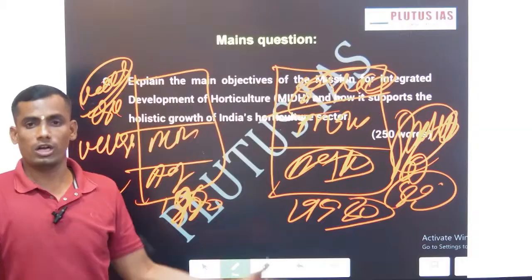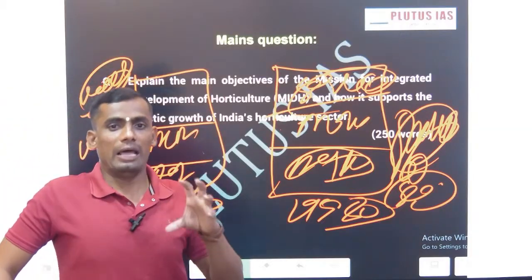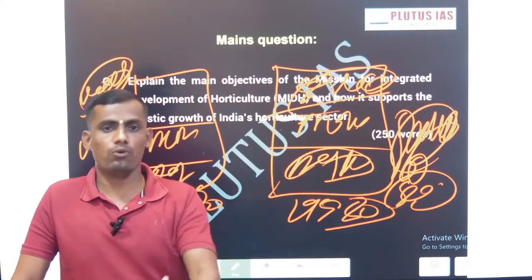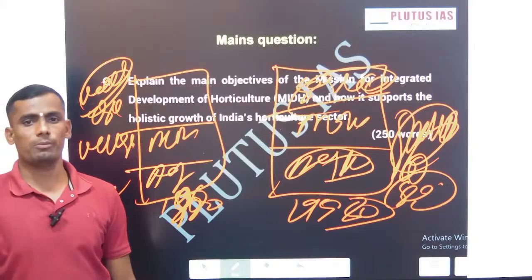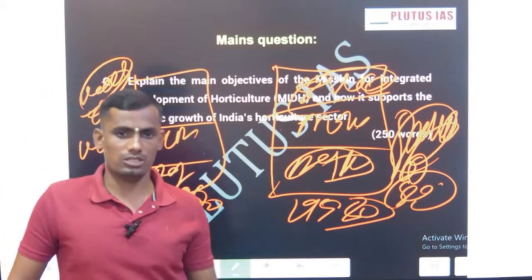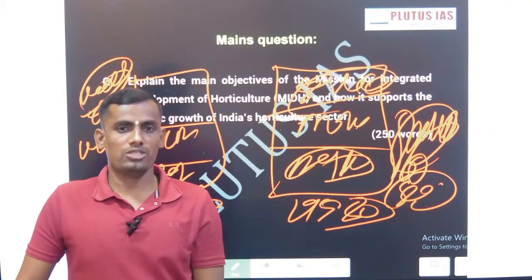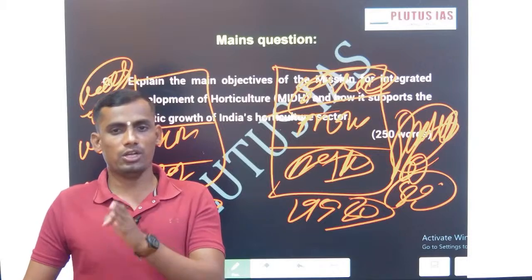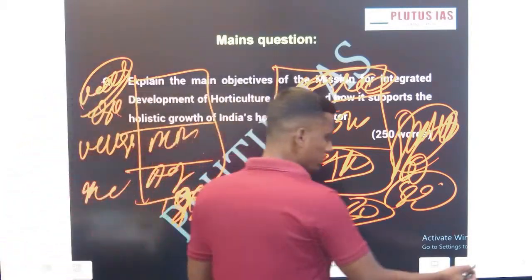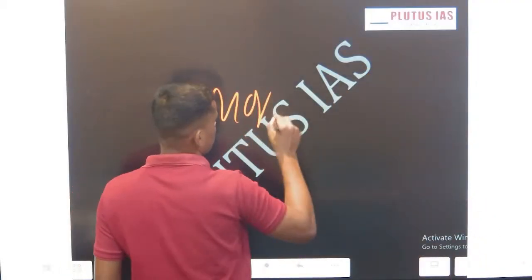So now the government of India, in the last 1 or 2 decades, has been focusing on repairing this manufacturing sector. In this domain, we are going to discuss what the policies of the government of India in the manufacturing sector are, and why we are discussing this concept: because in the GS3 paper, there is a direct mention of Indian economy, planning, resource mobilization, unemployment, employment ratio. So our second topic is the manufacturing sector.